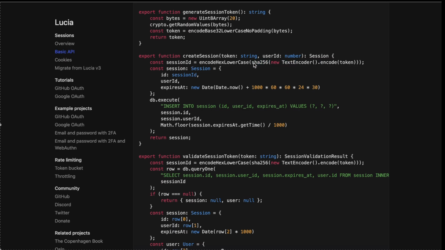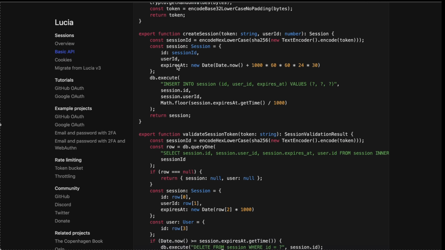That's what this is doing. And it's hashing it because imagine if we were to store all these tokens as they were in our session store. That means, if we somehow leaked access to our database, a hacker got access to our database and they could see all these session IDs, they could easily log in as other users. So instead we hash it so that they get the hashed values and they can't really do anything with that, right? And then after that, we actually create the session here, we set an expiration date, and